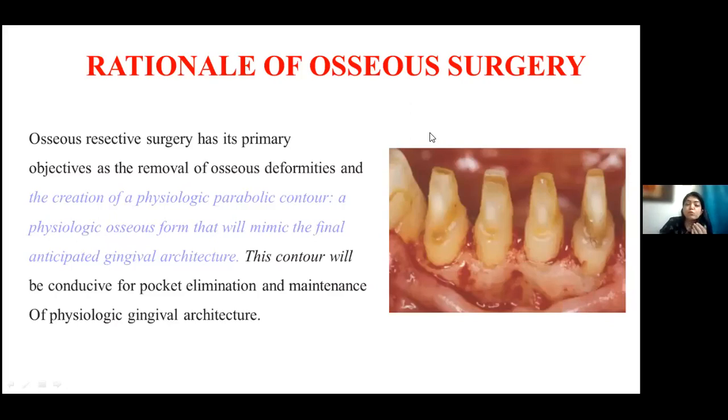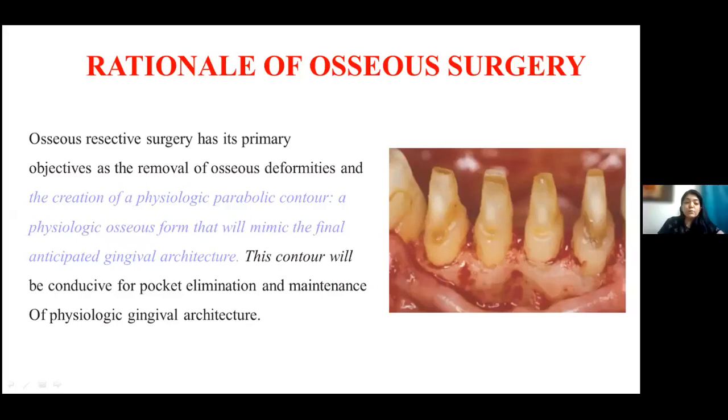In compromise, if we do further, we might end up damaging it more. So we leave it at a point where we know that it can just be maintained as it is. Okay, so that means we are doing compromised work from our end. We are not doing the best that we can. A definitive procedure we are not doing. We are just doing a compromised kind of work, just to a point where the patient can maintain it. If we go further, we might damage. That's why we don't do it further. We don't subtract more and more and more. Thank you, ma'am.